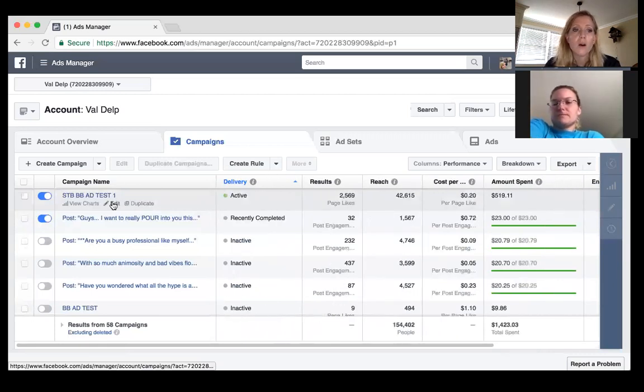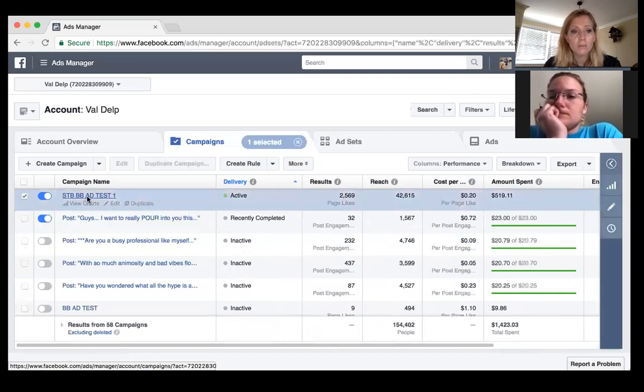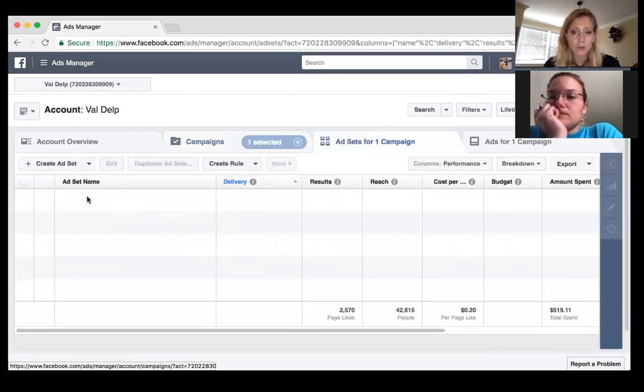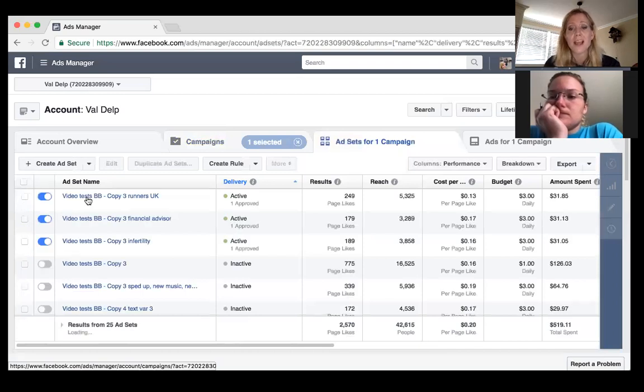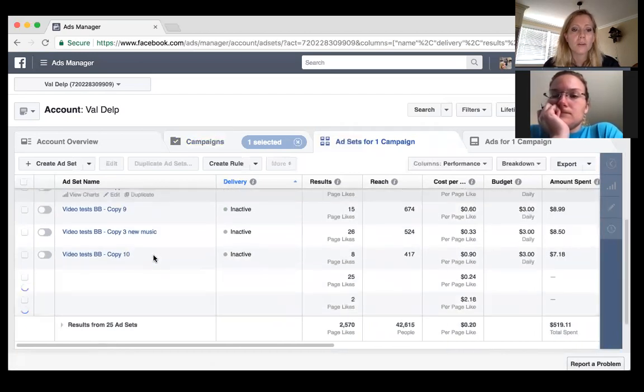Right now, again, I'm going to show you how to actually set all this up, but just for reference, when I click on this campaign, it's going to bring me to another screen that shows me the actual ads that I've been running within that campaign. So if I scroll down to the bottom here,